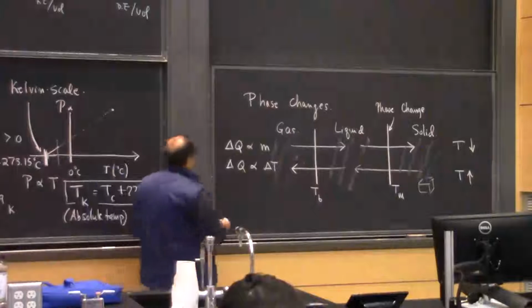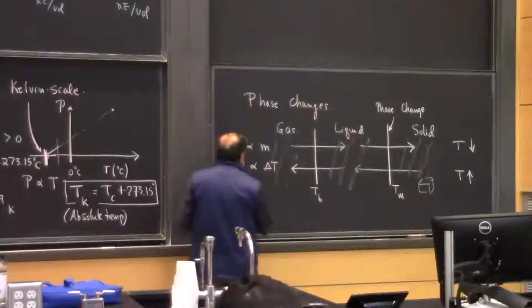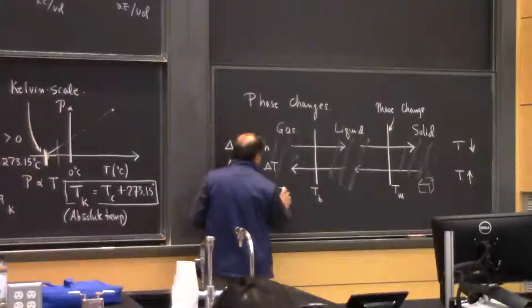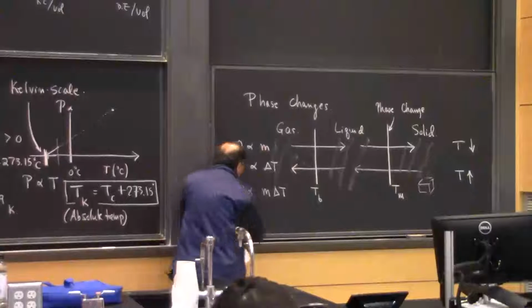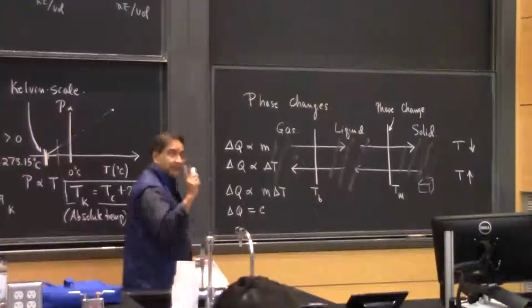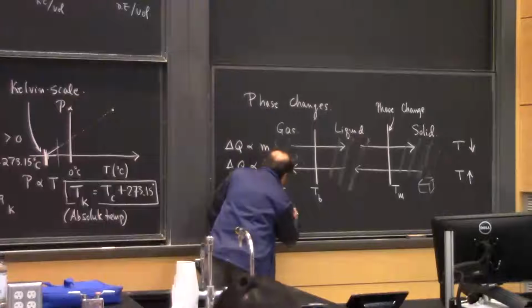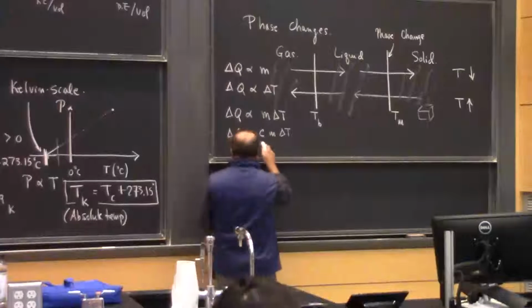So we should be able to write that delta Q is proportional to the mass times the temperature change. And therefore, now I can convert this to an equation. So delta Q equals, and normally one would denote this by the letter C, usually capital C, not small c, m delta T. The C has a name, and the name of C